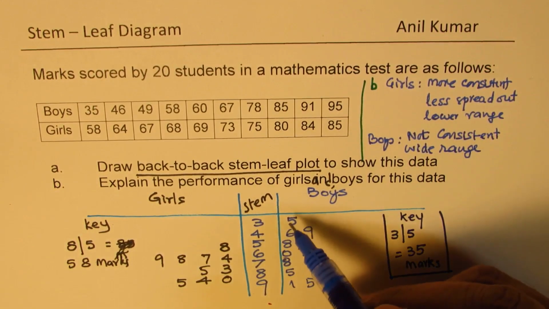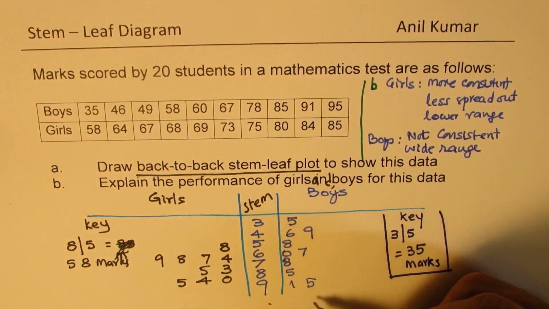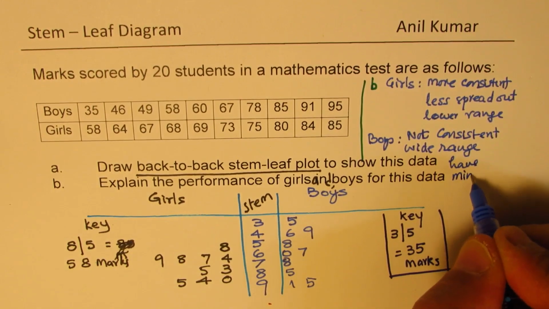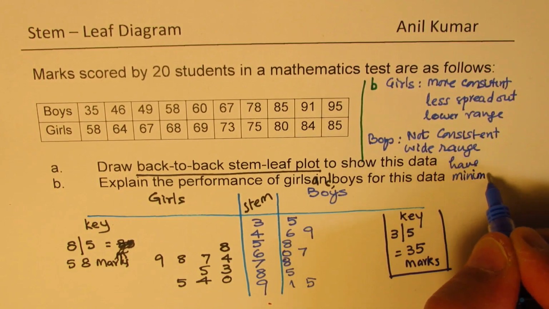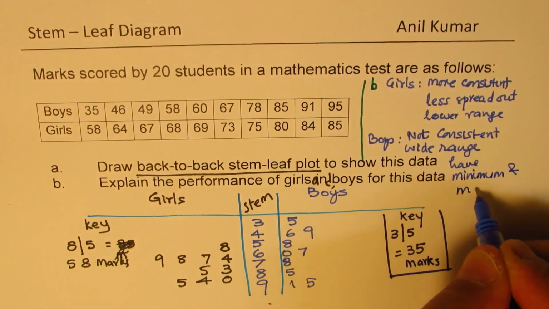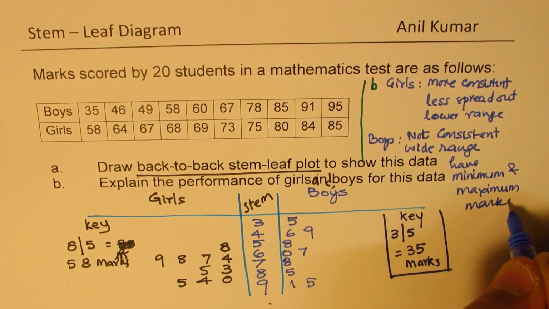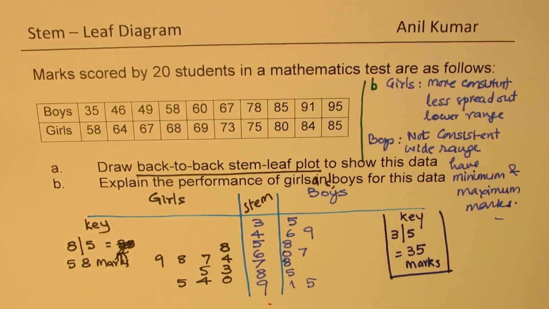Right? So you have also seen that boys have scored minimum as well as maximum marks. So these are a few points which can help you explain the data provided. Perfect. So I hope you find it interesting and useful how to display information in the form of back-to-back stem